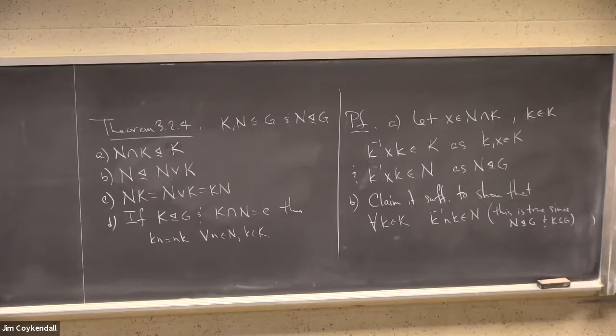And a typical element of this will be any word that can be made by elements of K and N, or their inverses. I'm not going to make that distinction here because since K and N are both subgroups of G, if it contains a k, it contains a k inverse. So I won't make any distinction. A typical element